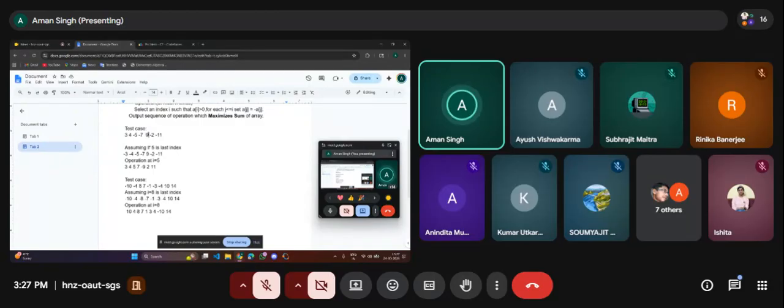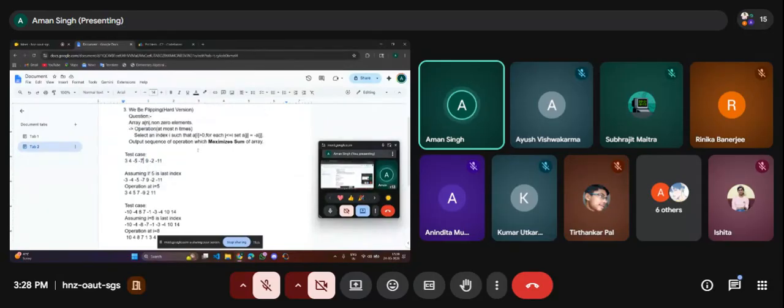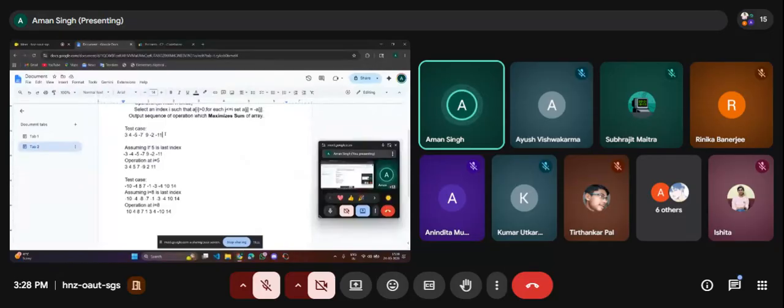So the elements which are to the right of it will remain as they are, right? And the elements which lie to the left of it, if you observe, we can make all of them negative by using the same procedure we followed in the previous question. What I mean to say is, let's do a dry run for this example.